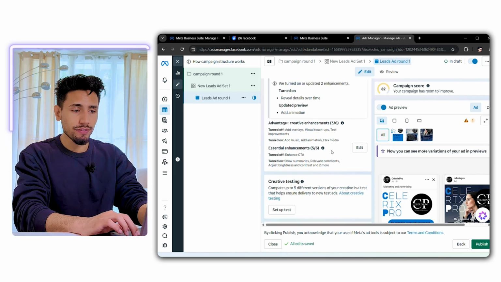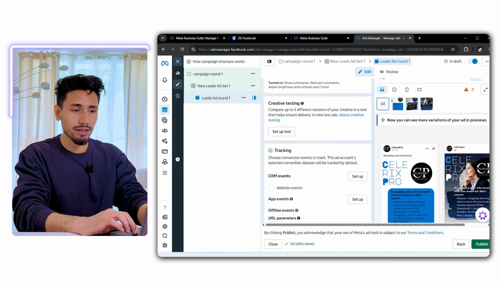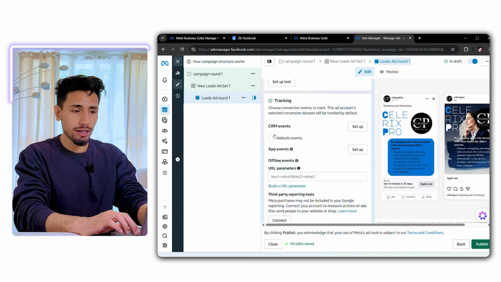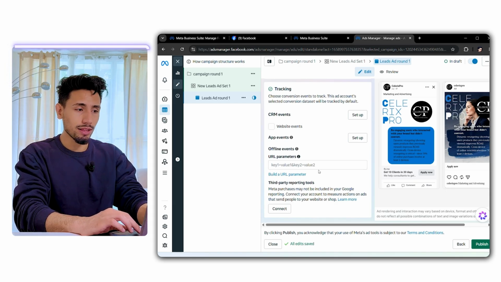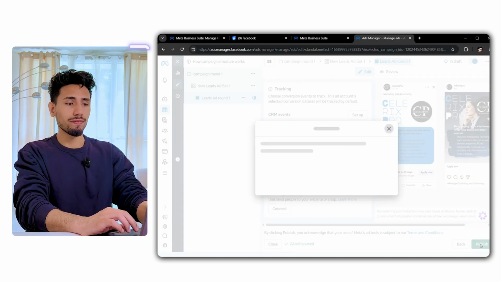And next we have creative testing and tracking. We can use our website events and also put our URL parameters from Google Analytics in here, and also make sure that it fires well. So just like that, you set up your first Facebook ads campaign, and by clicking in the little green button in here that says publish, you would be able to publish your ad, and it would be under review of the Facebook, and then it would be live and you would start getting data. I would click on the publish, and yeah,